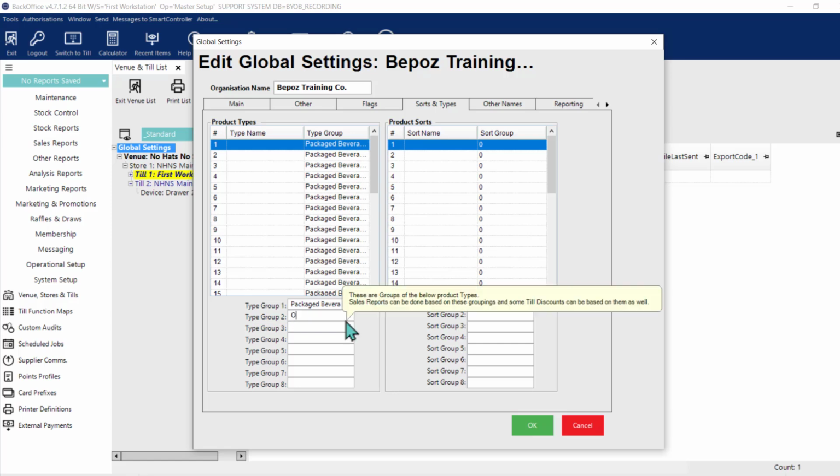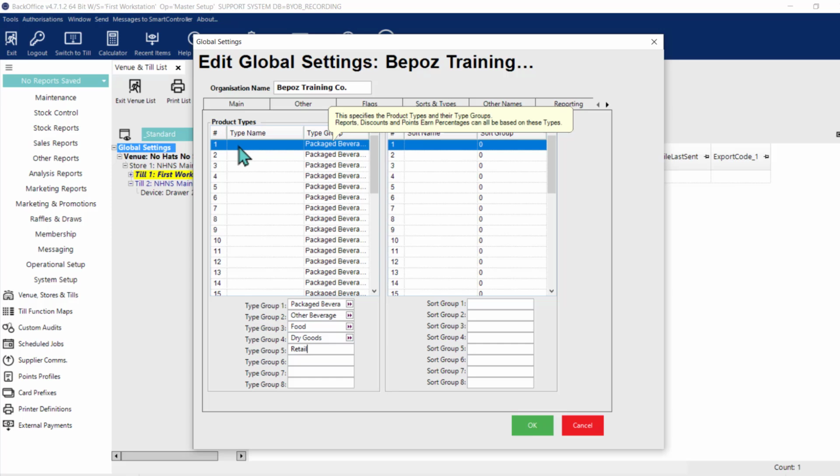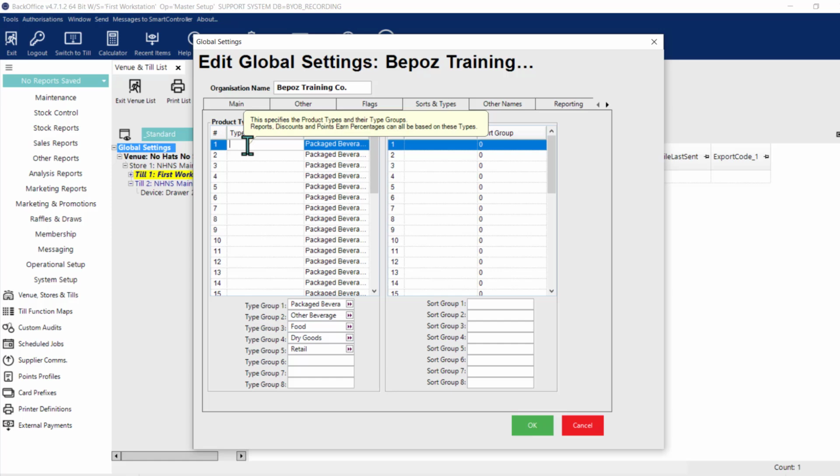packaged beverages, other beverage, food, dry goods, and retail. And you can see that type group 1 has initially been assigned as the type group to these product types. So we can change those momentarily, but we might have some product types which we'll then assign those. And what happens is when we assign the type groups to the product types, they'll then be grouped together for reporting. And we can report on both the type groups and the product types themselves,